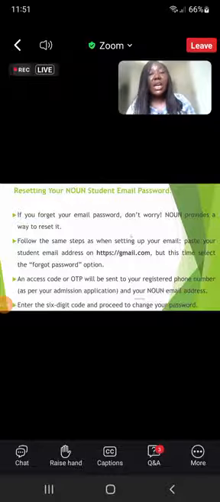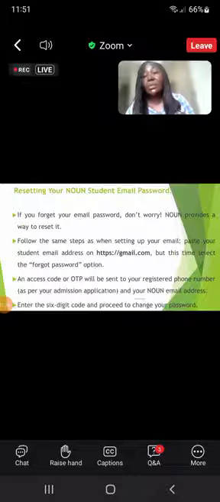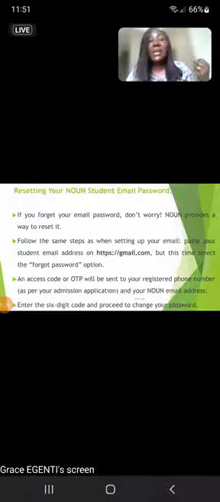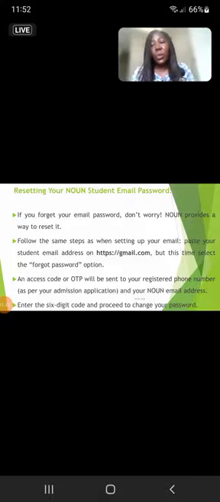Please. And so there are times you also forget your password. Yeah, it happens. Now provides a seamless way to reset it. And the first thing is not for you to run down to the study center to reset your password. No. And that is why each time your email address is being created for you, we get your number. So that registered phone number is what you should use as your reset item, so to say. Because if you try to initiate a password reset, a code will be sent to that registered